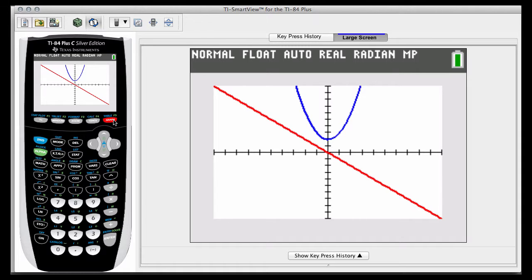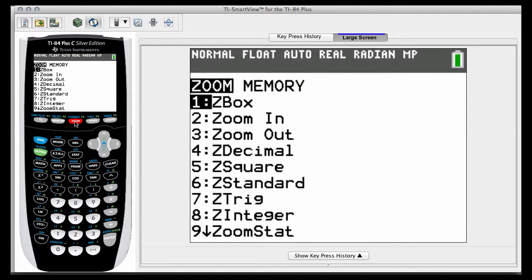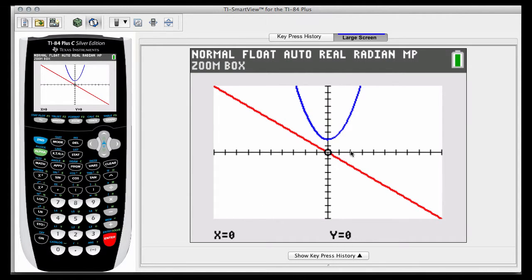A great way to do that, I don't know if you've used this all that often, is zoom box. If you hit your zoom button, you'll notice that first one says Z box. So hit enter, and you'll notice your little cursor there blinking at you. What you're going to do is essentially create a box, a frame, around the part that you want to focus on. So you'll want to move your cursor to the upper left corner of where you will want your frame